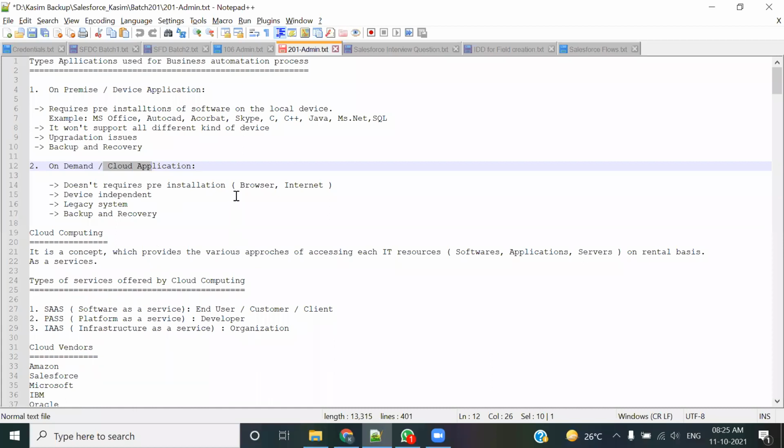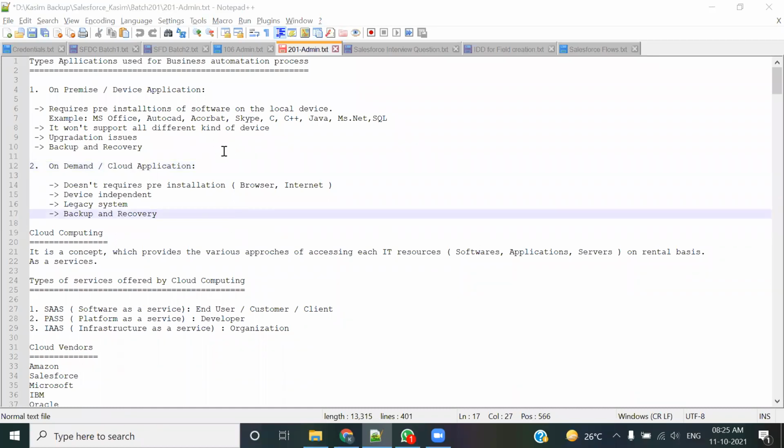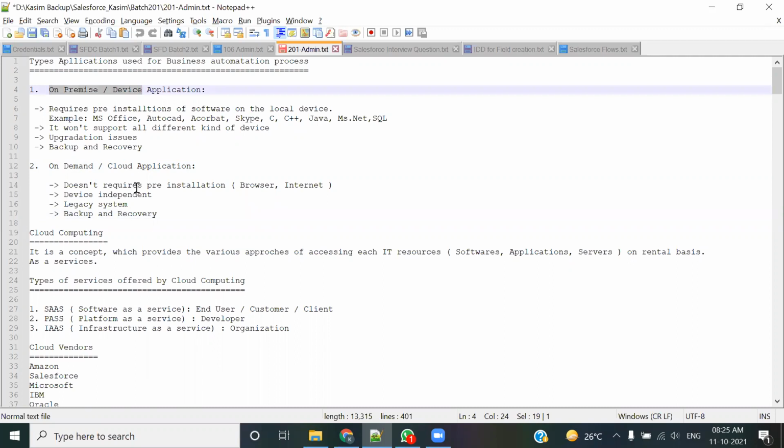See, cloud first of all is something which you can access everywhere. The first advantage of any cloud-based technology is that you can access it from anywhere, from any device. And what does this mean? See, on-premise is something which requires installation. So if I have installed an application on my laptop, and if I want to access it, I should carry this laptop everywhere, because that application is inside my laptop. I installed it on my laptop.